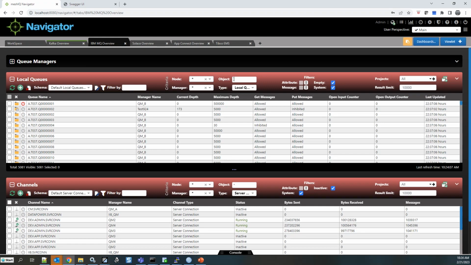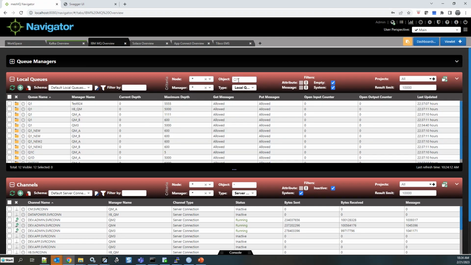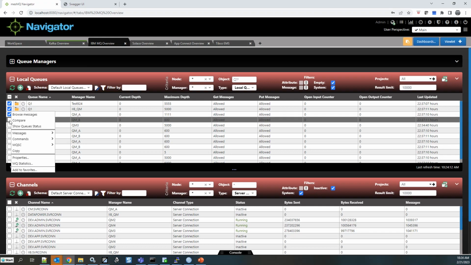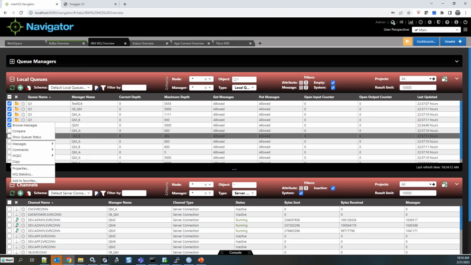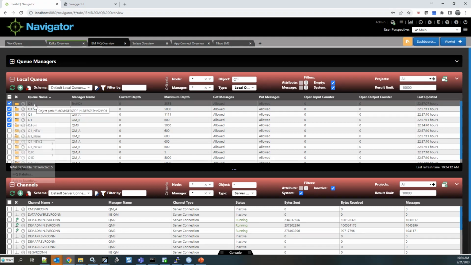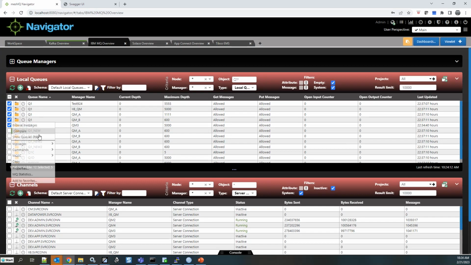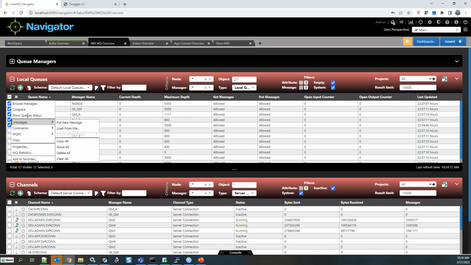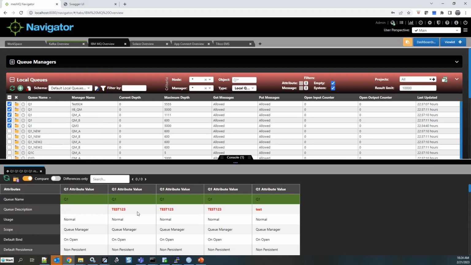As an example, I'm going to zoom in on a specific queue. I happen to have a queue I create everywhere because I'm lazy, called Q1. It's the quickest. I'd call it Q, but that's too short. What I'm going to do is compare all of these Q1s together. They all say they're Q1, but I'll bet there are some differences between them. So I'm going to run a compare, and it's going to bring up the list of all of the objects.